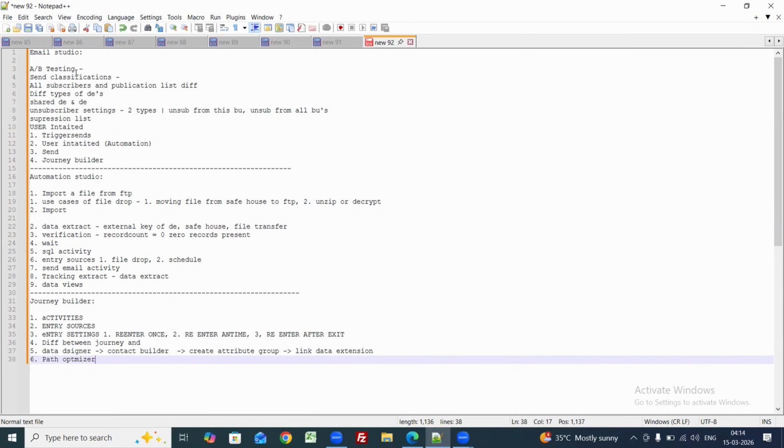One, you say A/B testing is present in Email Studio and A/B testing is present in Journey Builder also. If it is in Email Studio, you use the A/B testing option, and if it is in Journey Builder, you use the path optimizer. The path optimizer creates two paths. In the two paths, we add two different messages, like two different emails. After adding the two different emails, we